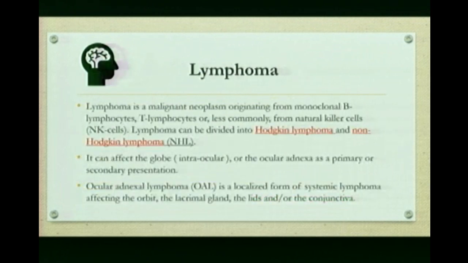Lymphoma, as we all know, is a malignant neoplasm originating from B cells, T cells, or less commonly, natural killer cells. It has two main subtypes, Hodgkin and non-Hodgkin lymphomas. It can affect the eye intraocularly, or it can affect the ocular adnexa: the lids, conjunctiva, and the orbit. Ocular adnexal lymphoma is a localized form of systemic lymphoma affecting the orbit, lacrimal gland, conjunctiva,